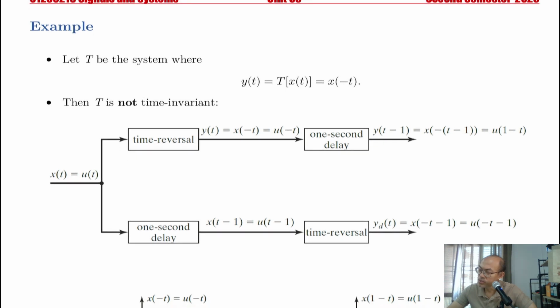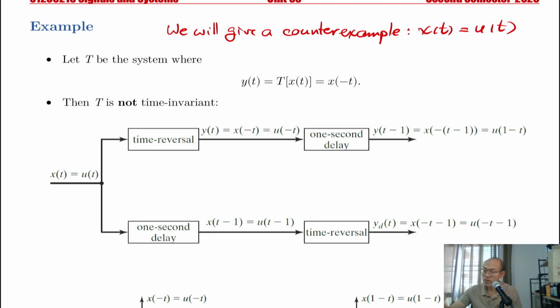So, what do we do? The trick is to write down two paths. This diagram, we're going to give a counter example, where we're going to let x equal to u(t). Again, we are showing that it is not true, so we can give a counter example. But if you want to show that it is true, then you cannot give a counter example. I'm stressing that. All right. So we're going to give a counter example to show